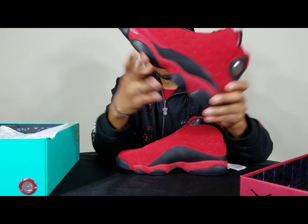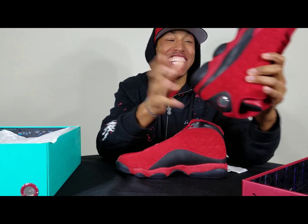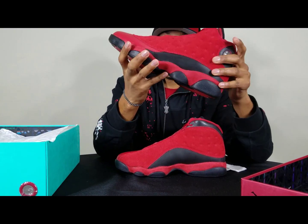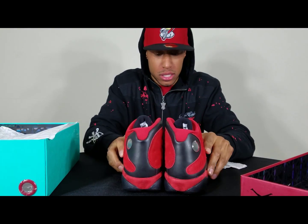And these are DS, man, brand new. You see them bottoms? If they was mine, I promise I licked the bottom for y'all, but it's not my shoe, man. But I love this shoe. It's well designed. Again, one of the top elites to me in the Jordan lineage of shoes is the